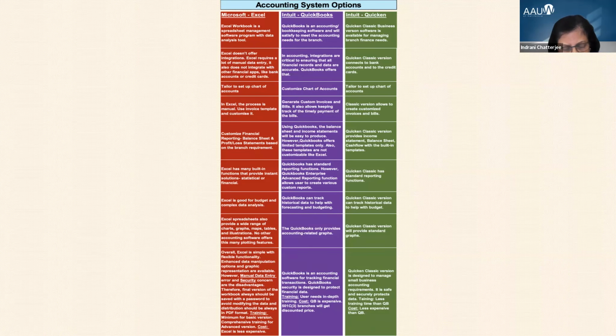I will talk about Excel a little more because I see that 56% of the audience are using Excel worksheets. Excel does not offer integration, and Excel has one drawback: the manual data entry you have to do.